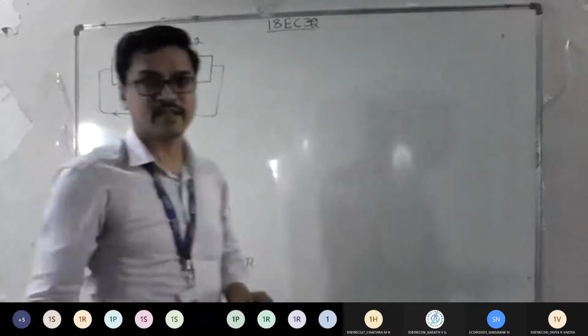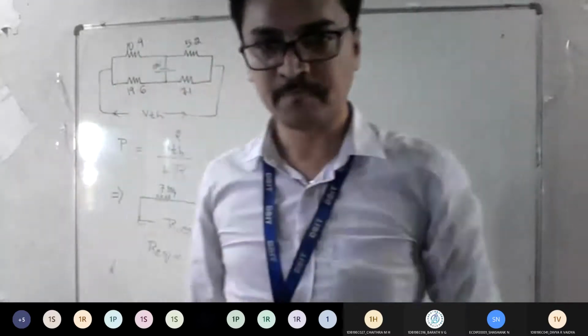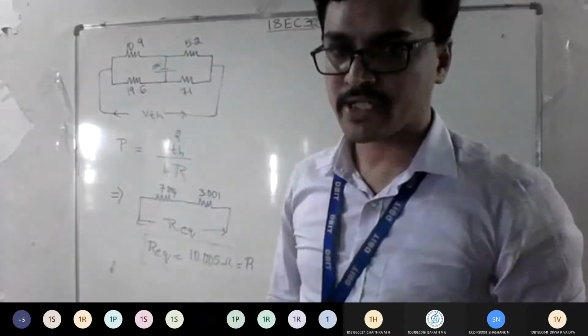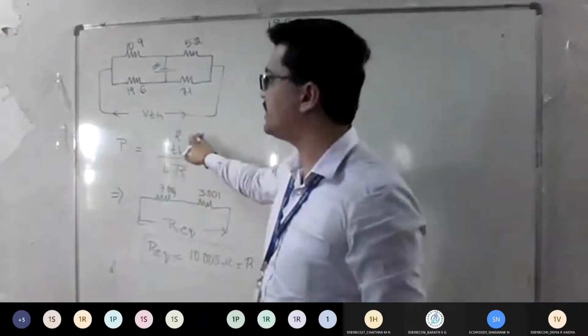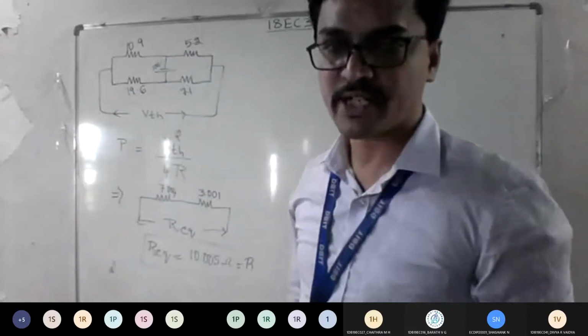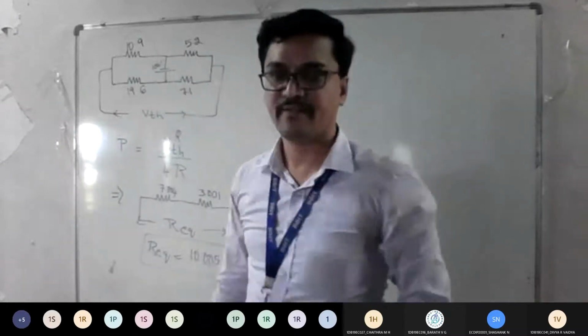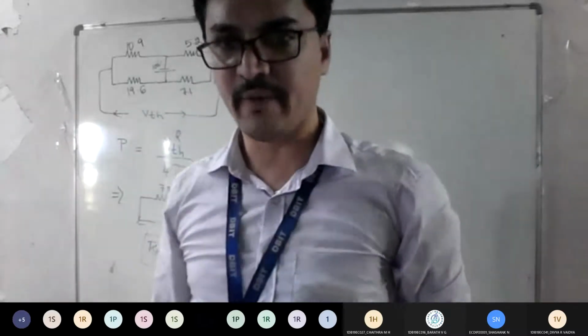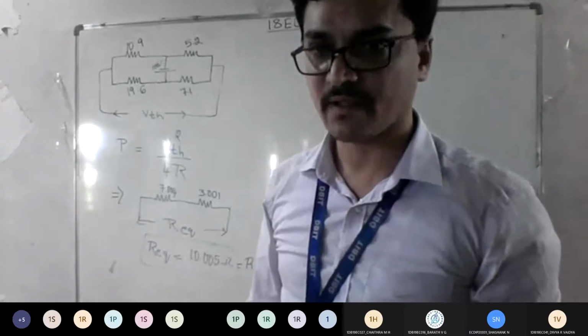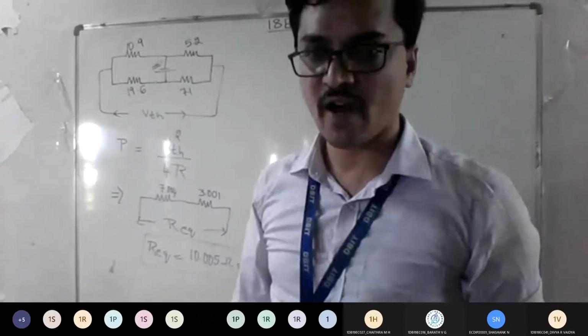Okay now, by looking at this, how many meshes do you have here? See, the ultimate goal is to find VTH. If we are able to find the mesh current, it means I need to find the node voltages first. If you get the node voltages, I can check bigger minus smaller, I can subtract each other. Right? So now how many meshes do you have?